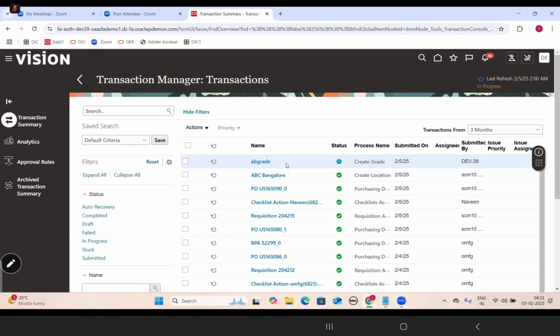It will take some time. Okay, this succeeded now. So now, to verify whether this record is displayed in the front end or not, what you will do is